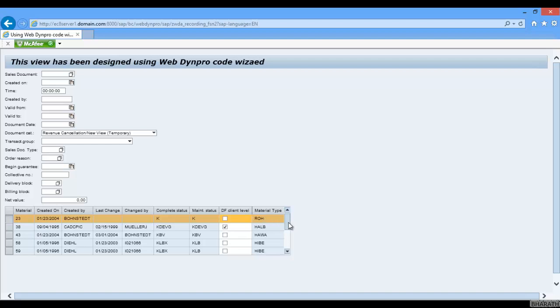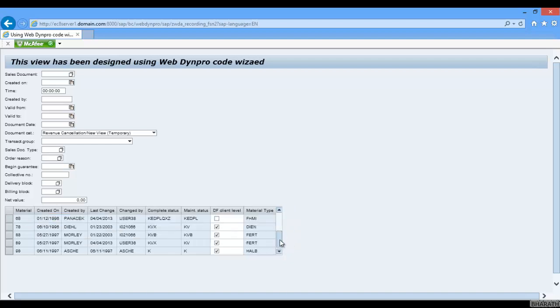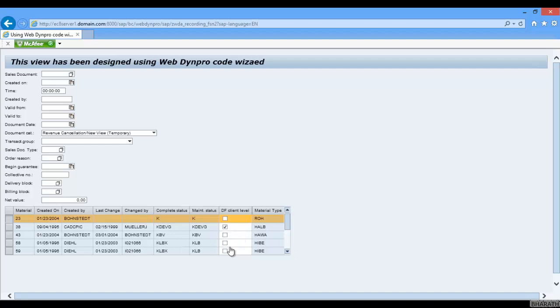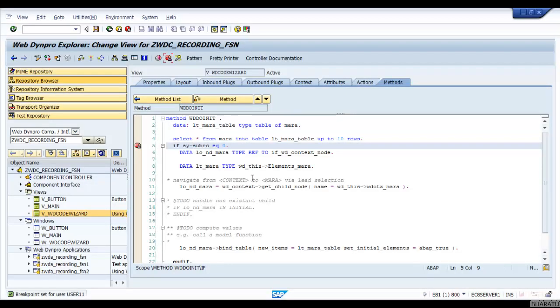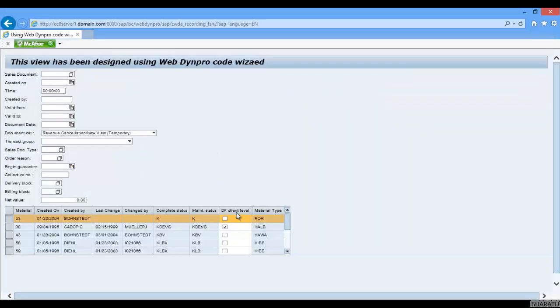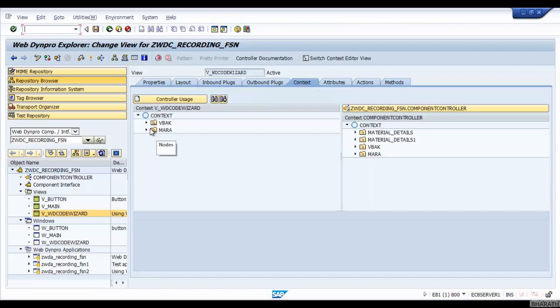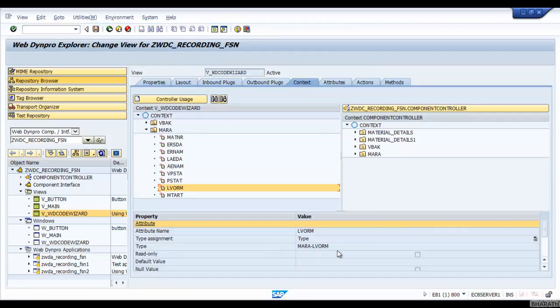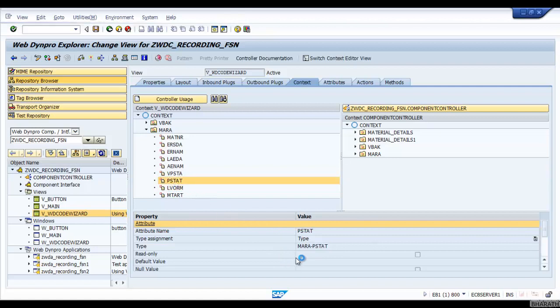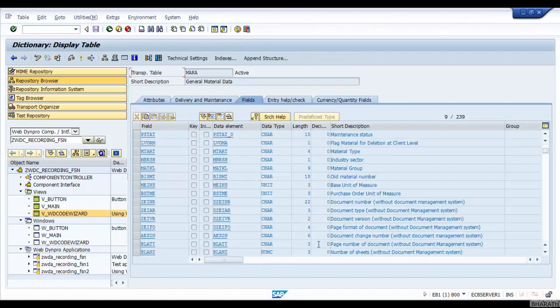See, this has come as a column because the field has a data element, the flag at client level. If you go to context MARA, PSTAT, this is LVORM, flag material for deletion at client level.